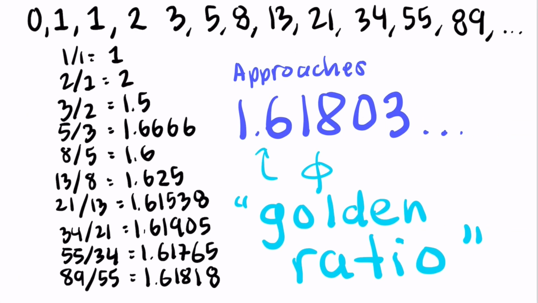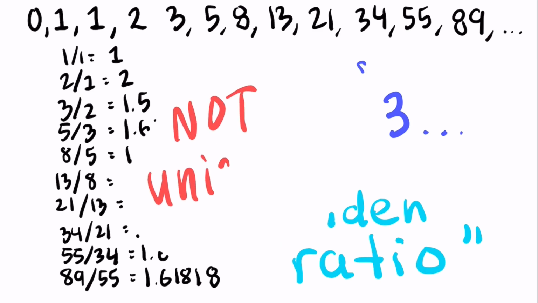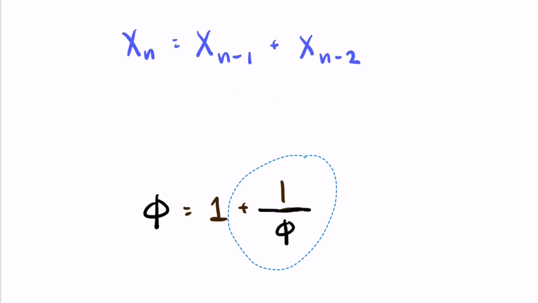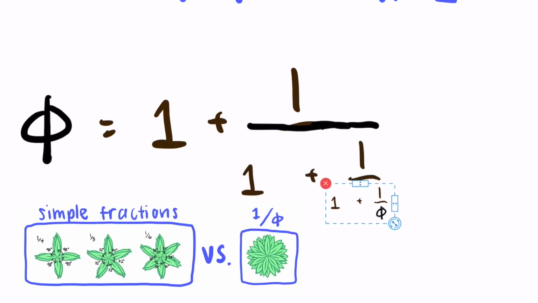So the Fibonacci sequence isn't really unique. It's part of an infinite family of sequences that are related to the golden ratio. This is why plant spirals have shown numbers that come from these other sequences as well. And this kind of just shows how irrational and weird phi is. We can keep substituting in phi here to get this continued fraction, which just kind of neatly slips in between